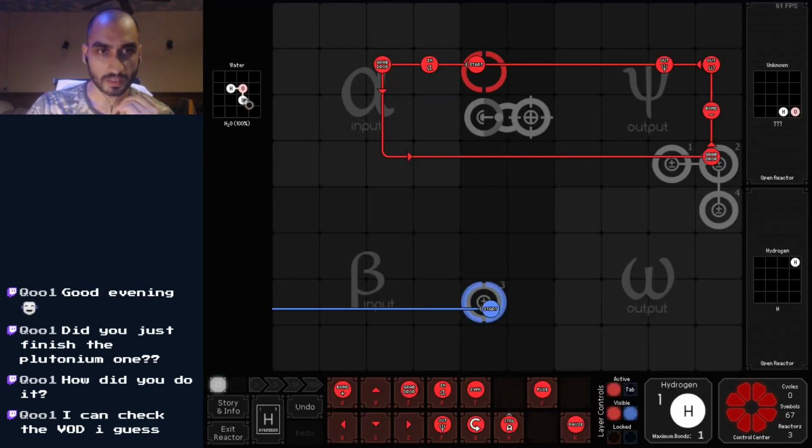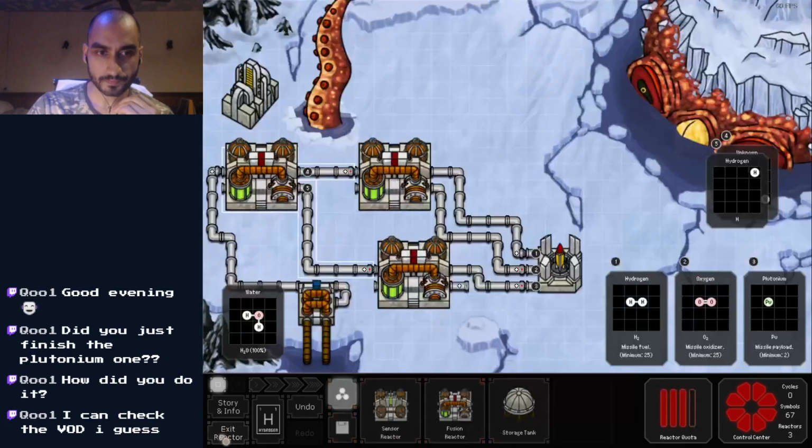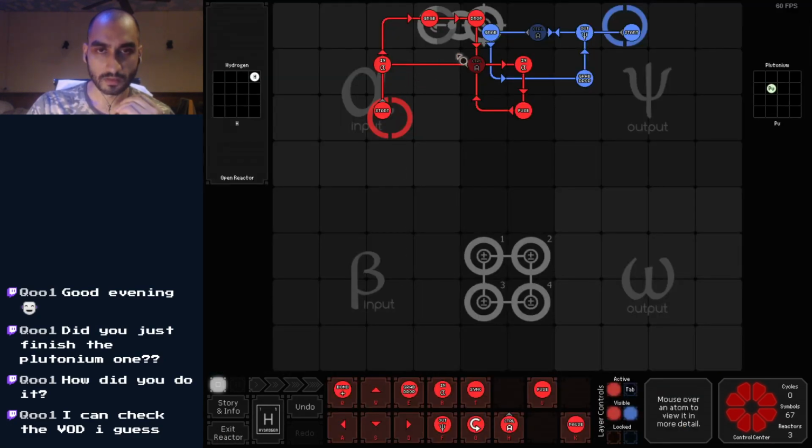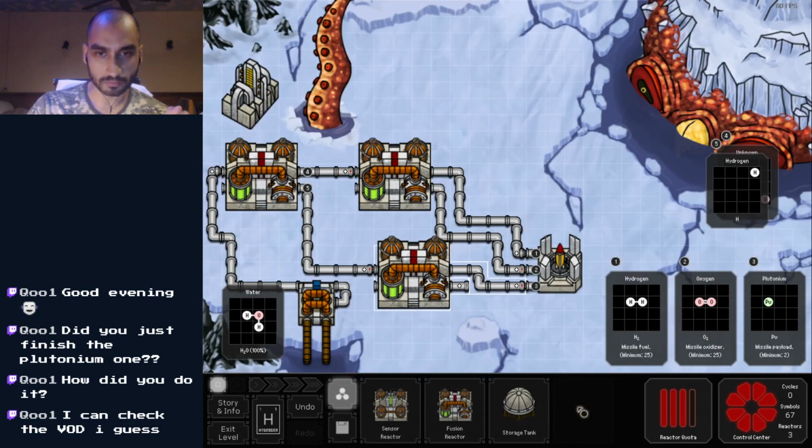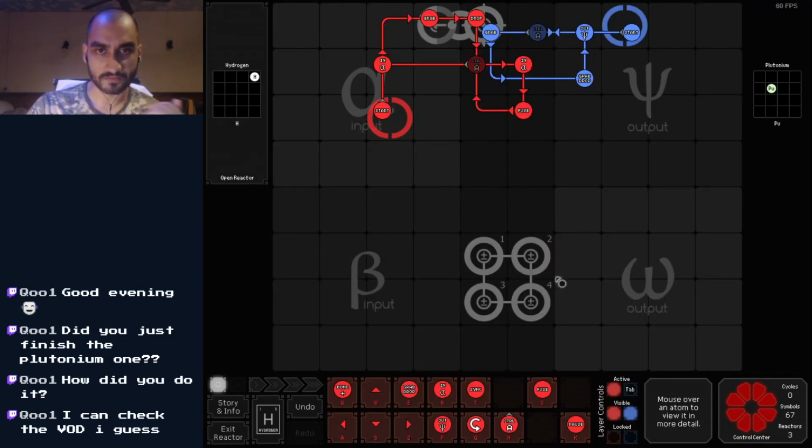So I take the water, split it into HO up here and H down here. So the H just goes straight into this one. What I forgot last stream is that you're allowed to use the manual branching where you can hit F1, 2, 3, 4. So instead of trying to do some sort of space filling curve with sinks,